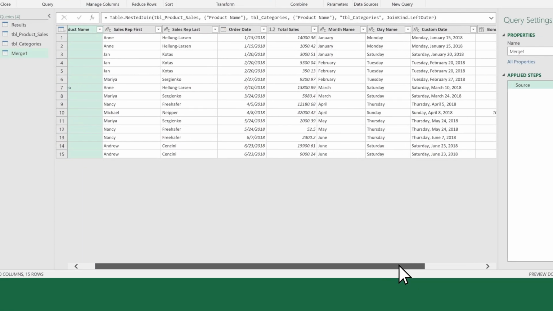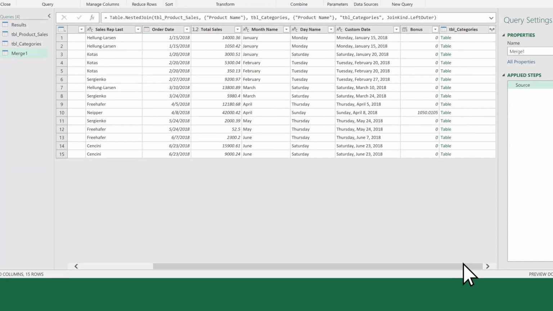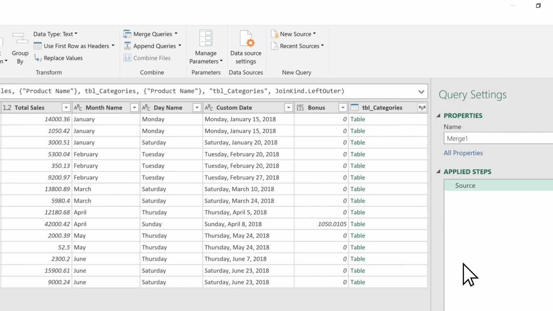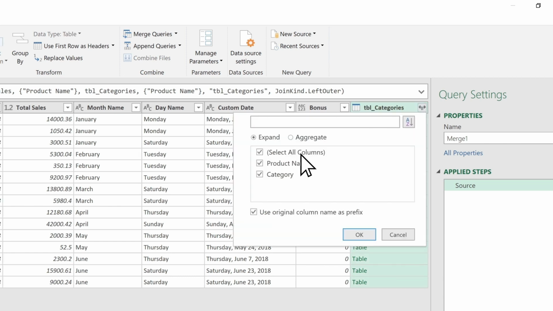Power Query returns the sales data, which you might have expected, but the category column doesn't seem all that helpful, does it? It's for good reason, because you need to tell Power Query which table columns you want to display. For this exercise, we just want the master category, so click on the Field List Filter button, choose Category, and